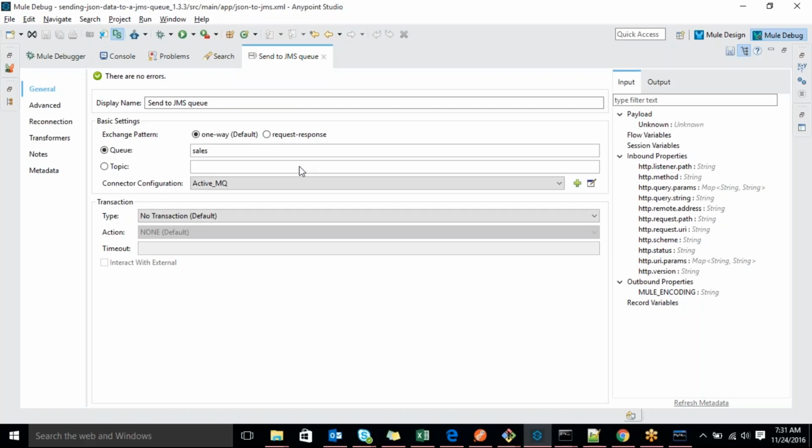If anything goes wrong in the backend, the message will still be there. If anything happened wrong, it won't be inserted in the target system. It won't reach the target system. The acknowledgement won't go. Then what happens? That message should remain there itself, right? Again, it will hit it.